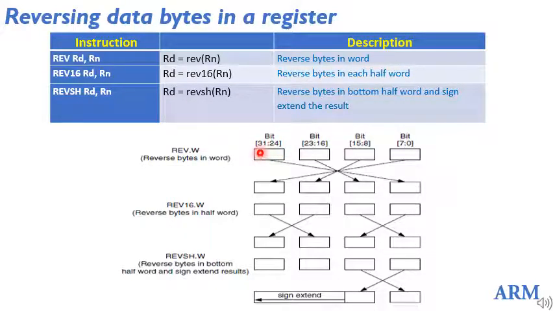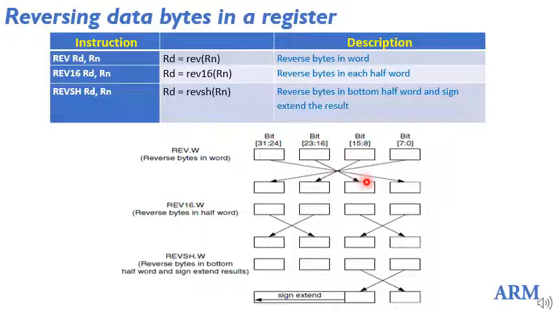After this reverse instruction, the output will be the least significant byte, that is bits 0 to 7, moving to the most significant place, that is bit number 24 to 31. Likewise, bit number 8 to 15, this byte will move to bit number 16 to 23. Bit number 16 to 23, that is the next byte of this word in the source register, will be going